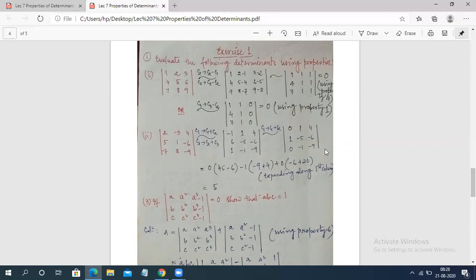Using properties means don't find the determinant by expanding any rows or columns. Okay, if it is mentioned that using properties, that means you have to use those 7 properties, whatever is applicable here, and then find the value of this determinant. So this is the first question: 1 2 3, 4 5 6, 7 8 9. This is the determinant. Now you can see